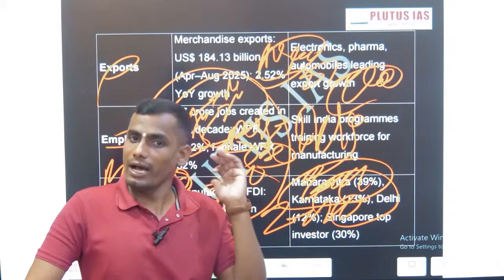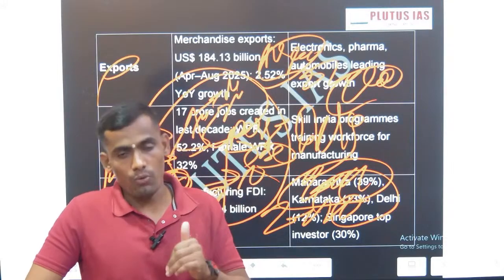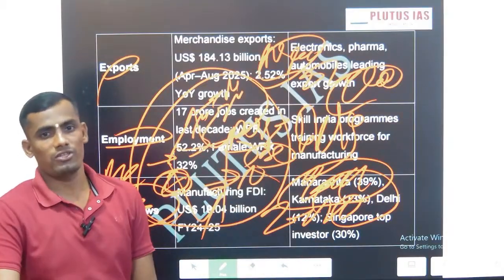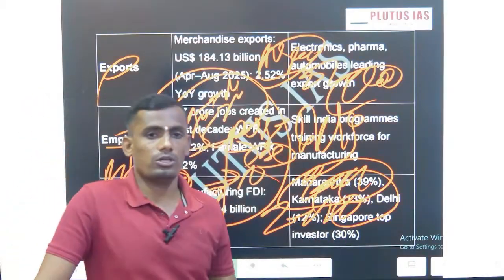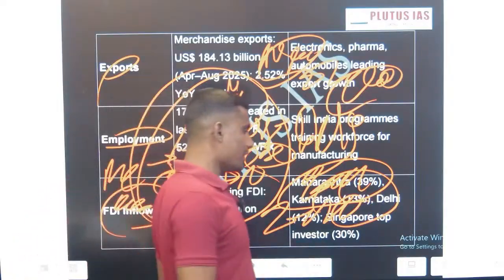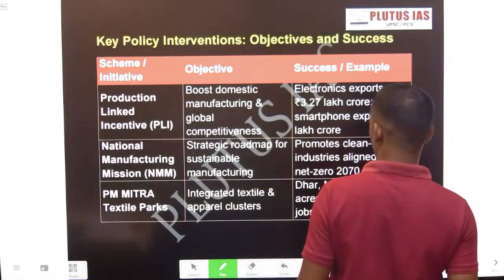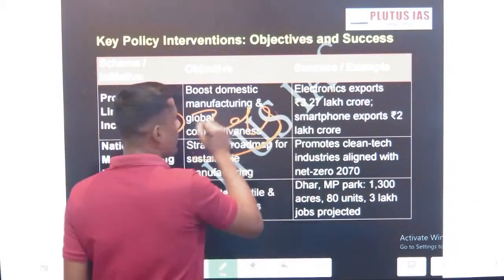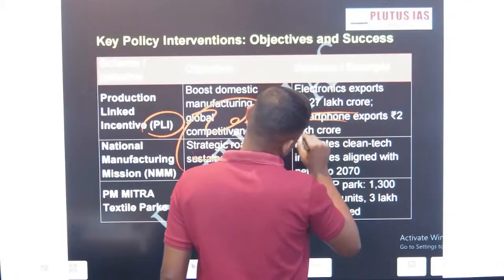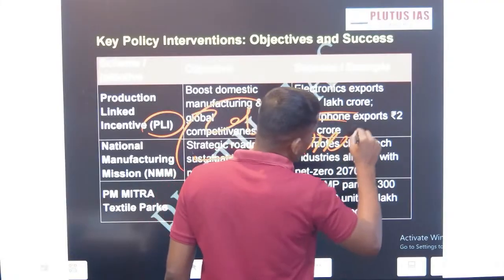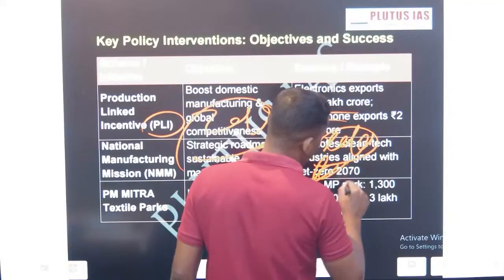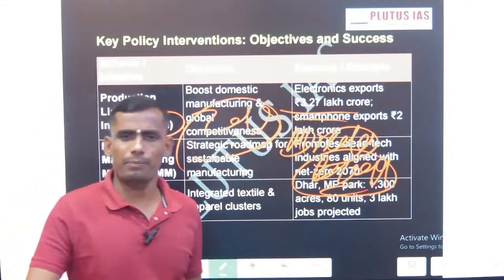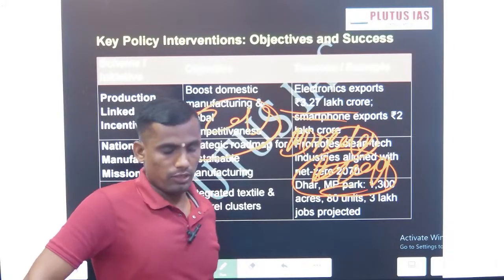Okay, strong areas. Earlier we discussed the horticulture sector. Now we are discussing this manufacturing sector. So these are the importance of the manufacturing sector. The government of India has launched certain programs, and we are going to discuss what these programs are. PLI 2019 provides incentives to Indian or foreign companies which are developing plants, setting up plants, through greenfield or brownfield investment in India.